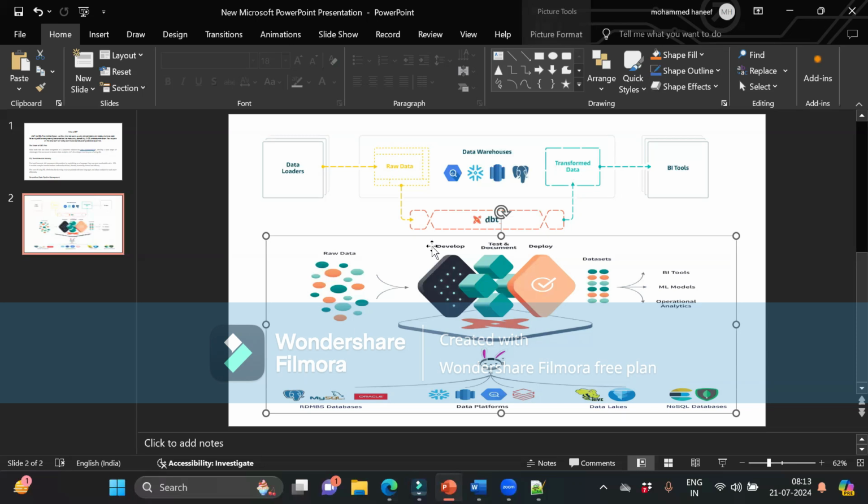If the call disconnected, again rejoin. And you see here you have